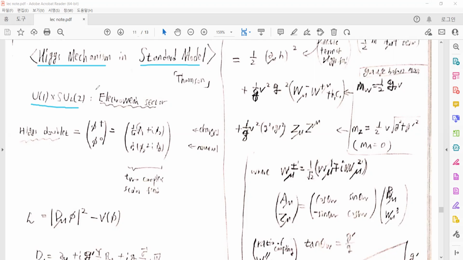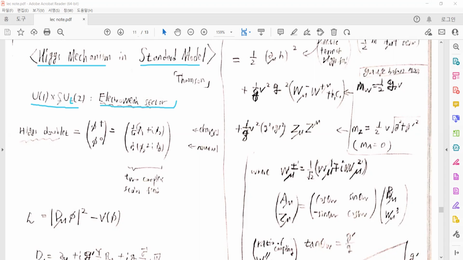and there is an additional SU(3), but I don't want to talk about the SU(3) gauge symmetries for the QCD because the gluon doesn't have mass. So I will talk about the mass of the W and Z bosons and the massless properties of the photon. So such a U(1) times SU(2) is the electroweak gauge symmetry, and there are some laws on